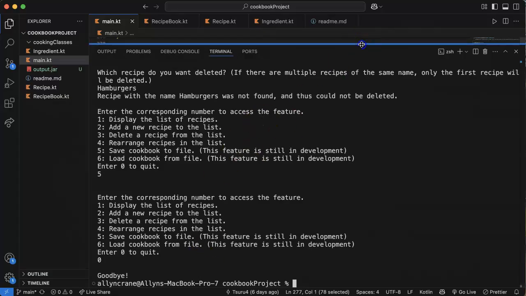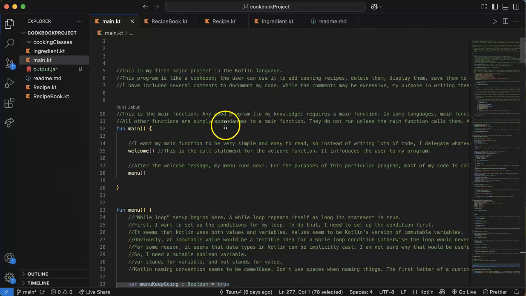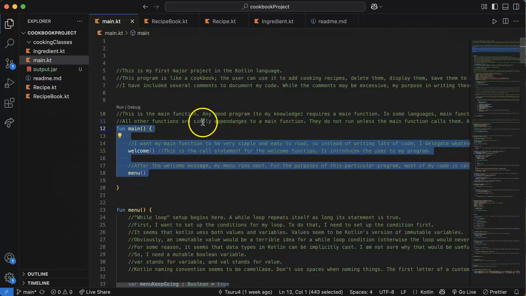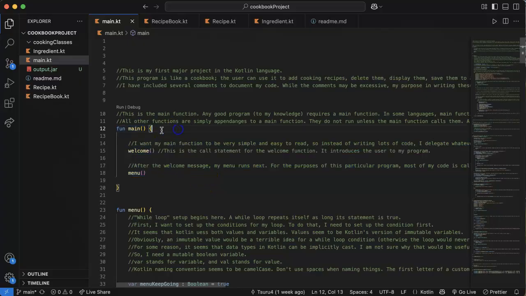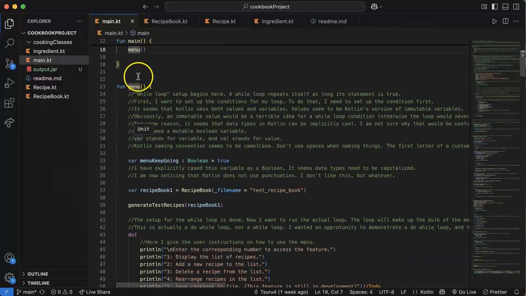Now I'll take a look at how it works in Kotlin. So here it is. You can see here's my Kotlin main file. There's no punctuation really. You just have a function. We can call other functions. If we were to look at my menu function, which is a little large, but